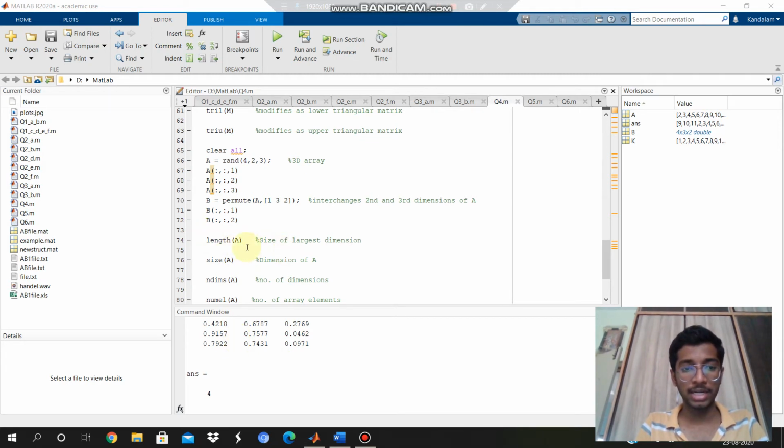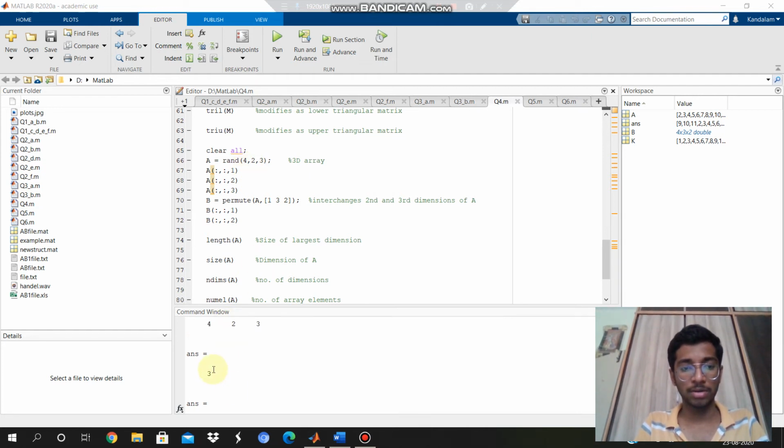And if you want to find the maximum dimension, meaning the largest dimension of A, then we have to use this one. Here the largest dimension is 4, and we will get 4. And the size of A is the dimension of A, which is 4 cross 3 cross 2. And if we want to find the number of dimensions of A, since it is a 3D array, we will have 3.